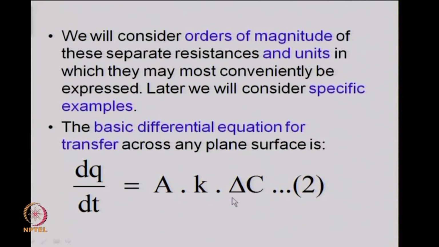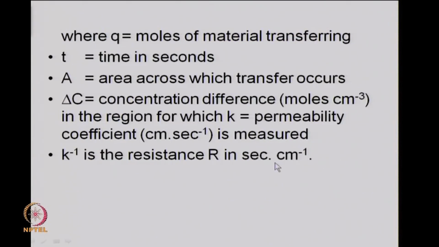We will stick here to the simplest one, moles per volume, and once you choose to express the driving force in terms of this basic concentration moles per volume, the mass transfer coefficient or permeability coefficient comes out to be having the same dimensions as of velocity. Remember that mass transfer coefficient has units of centimeters per second, same units as of velocity,